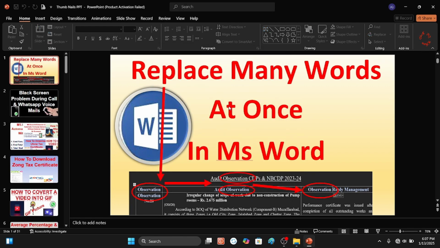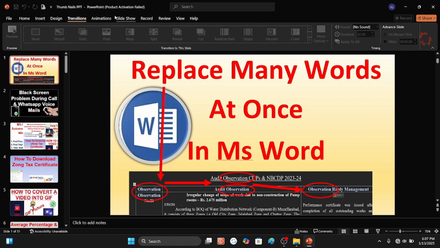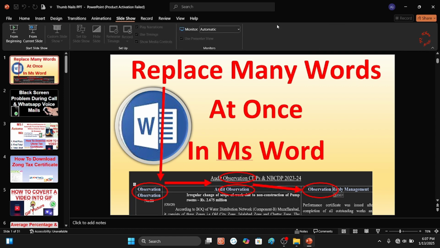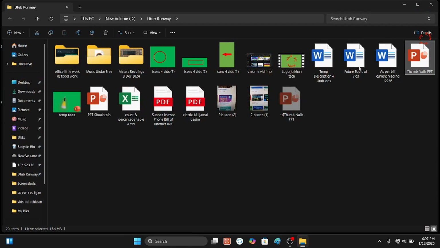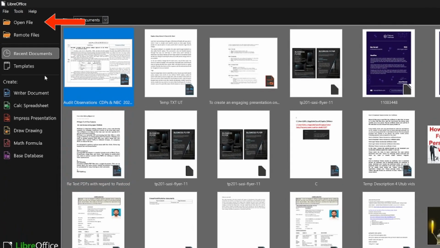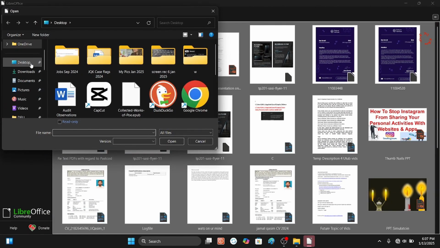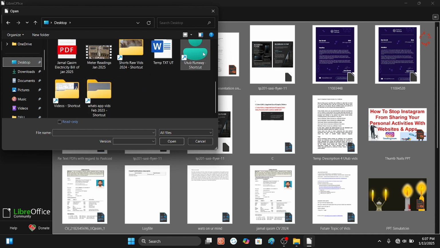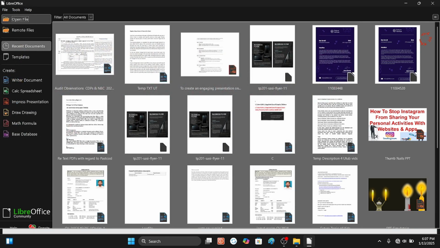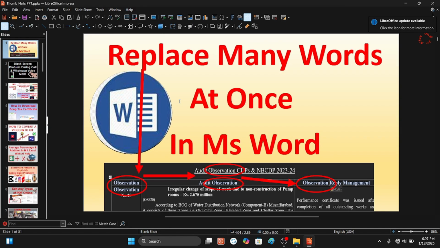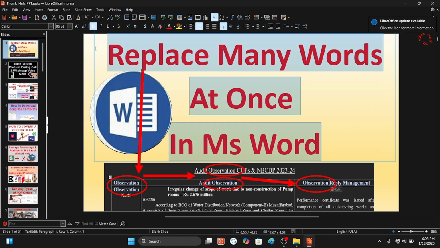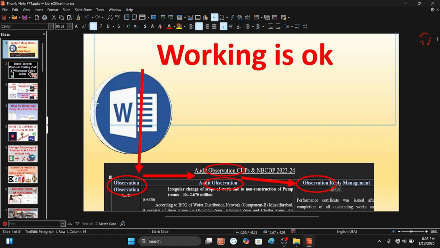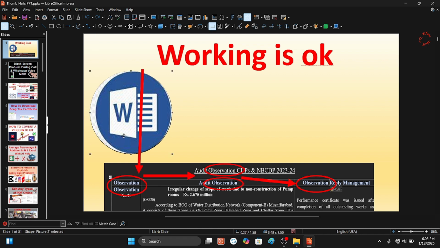So let me once again go to LibreOffice 24.8, which is completely free, and you will see the entire playlist thumbnail at the end of this video. So you can also download it, open LibreOffice and locate the presentation file, and you will shortly see that editing almost everything is working perfectly and you can resolve your urgent work with